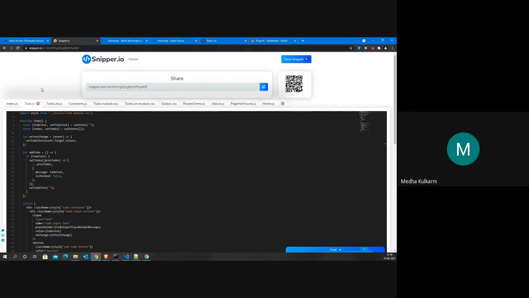Sir, one question I want to ask you. Nowadays various compilers are available online. Even on W3Schools, if I write, they have sample code, and if I make any changes, I can immediately check the output on the right side. In the same way, for students facing problems in the pandemic situation, is there any online editor or online compiler for React?